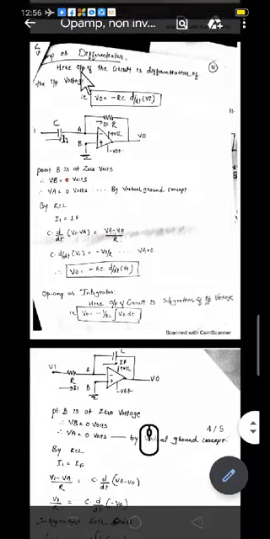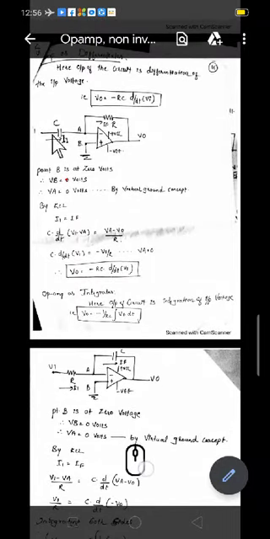As the input is applied here, flow of current you are considering in this direction. The flow of current here is taken as I1 and here it is taken as IF. In the previous cases we had taken RF and R here. Here as there is only one R, I can take it as R and C as a C. Next, KCL. KCL is what? Current flowing through this RF, current flowing through this C, that is I1 and IF.